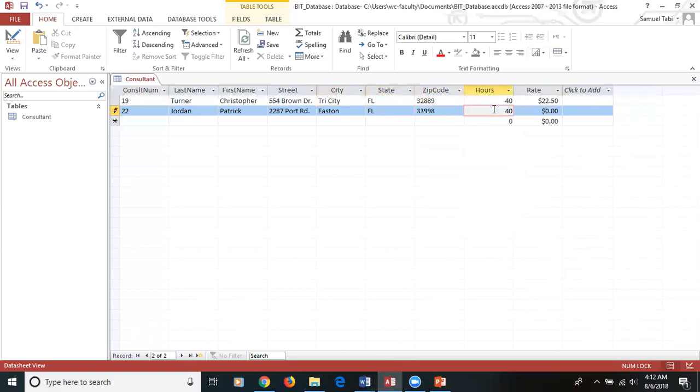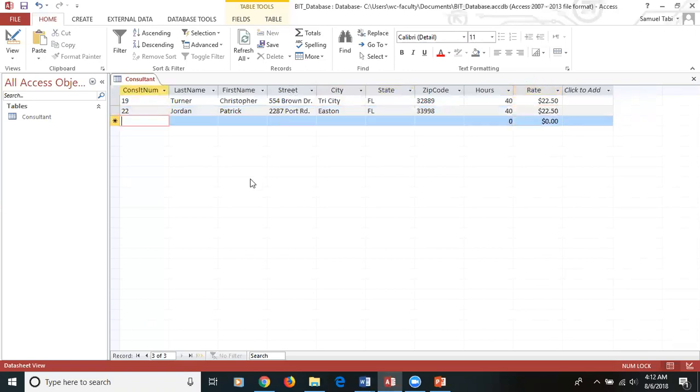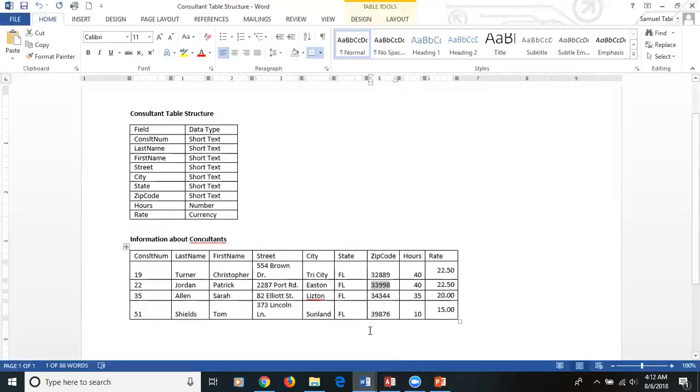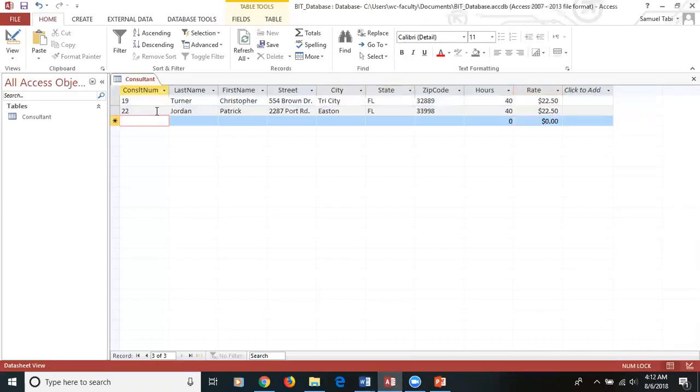Hours is 40.0. And rate 22.5. And then you hit the tab key to move to the next record. Client consultant number is 35, Alan Sarah. 35, Alan, Sarah. The street